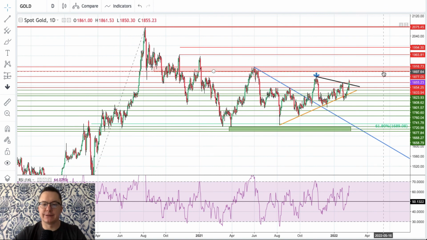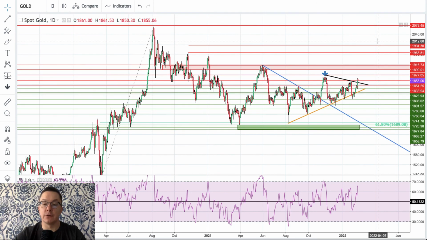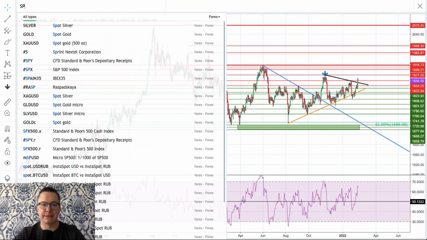Breaking the 1916 will be the moment when most traders and investors will realize that the trend is changing to the uptrend, or as we can say, the trend is being continued, right? Because this is the clear 2020 pandemic trend to the upside. That's the period of the relief, and that another leg to the upside is missing on gold. So if we break above the certain key levels, the uptrend on gold might be continued. Let's take a look at the S&P 500.